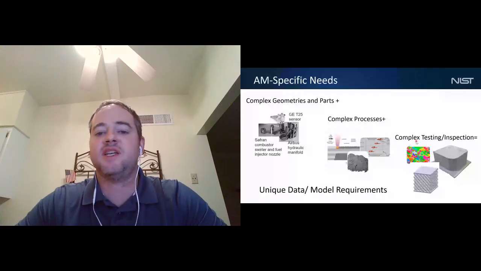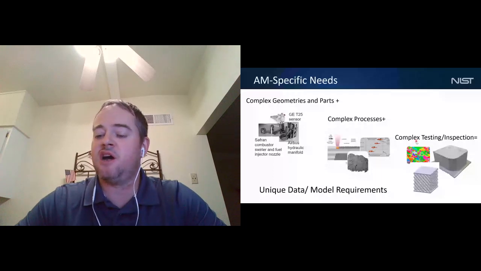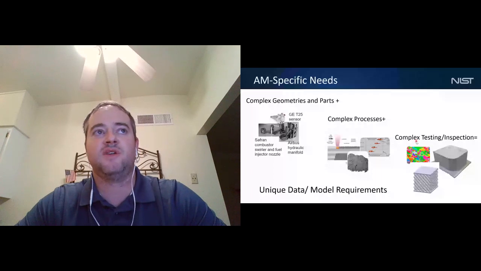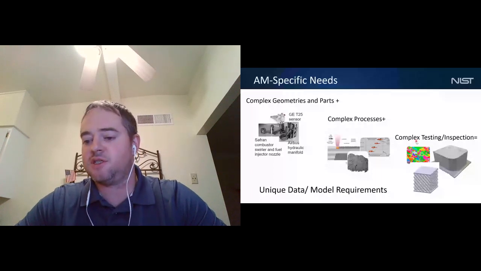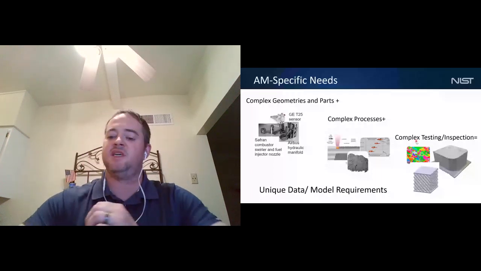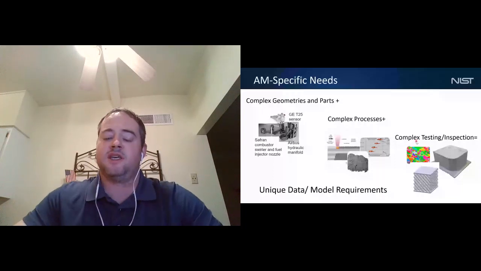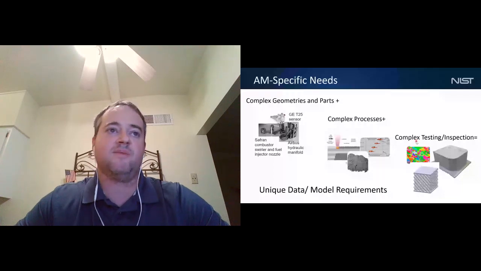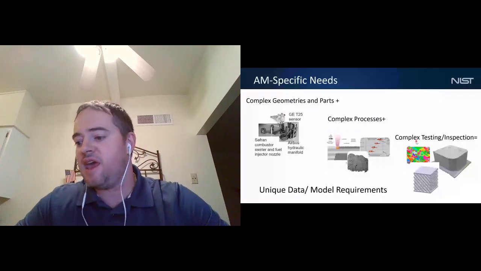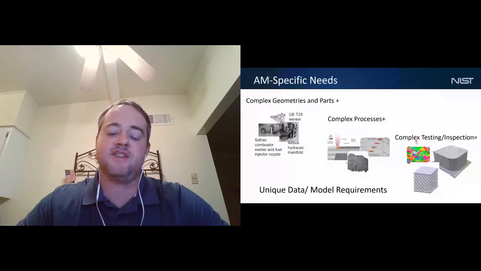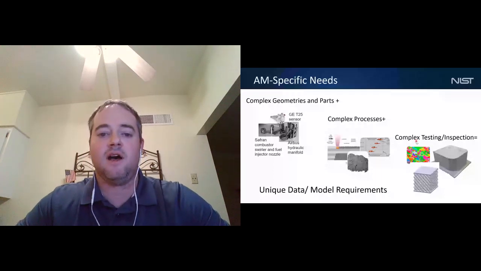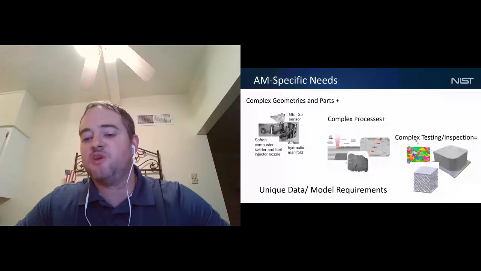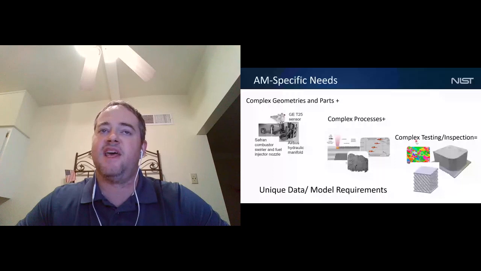They actually can create challenges in how we communicate geometry, the types of geometry we communicate, and how we want to communicate that geometry. With the complex processes, we don't have the design allowables that we see in more traditional processes, where we can correlate a material with a certain set of process parameters and say, okay, if you use this material and you process it in this way, this is what you're going to get for your final part. We know that the processes are a bit more complex than that, and that creates some challenges in how you communicate about the parts that you want to develop in additive manufacturing.